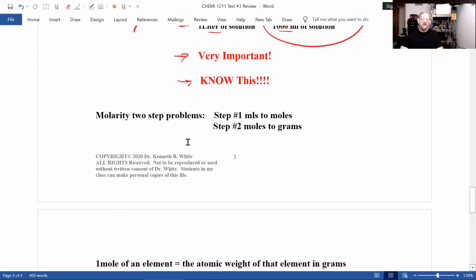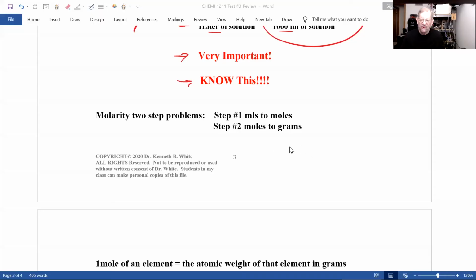Now, there are two problems, and I'm going to go through that in a little while in the solutions problem set. One of them is to determine how many moles are in so much solution, and I'll go through that. Remember, I haven't done this all day yet. For test number 3, don't forget, use your good buddy, your good friend, unit analysis, both for the gases part and solutions.